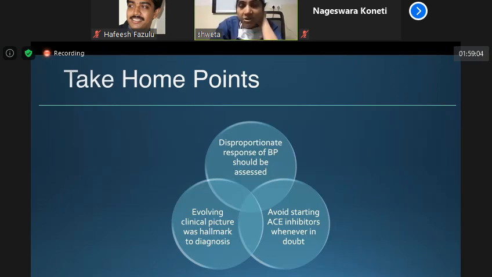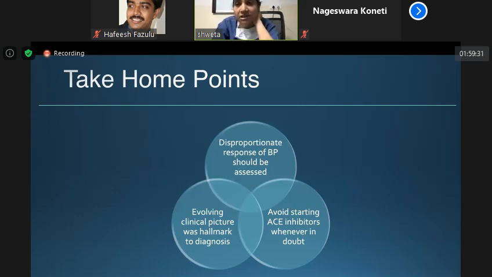Like on admission, pressures were very low, that was 80, because she was in frank heart failure. And be careful in starting ACE inhibitors in this condition. Whenever we taper off inotropes, we have a habit of starting ACE inhibitors. Now imagine if we had started ACE inhibitors, she would have landed in frank bilateral renal dysfunction because there is a bilateral renal artery stenosis.